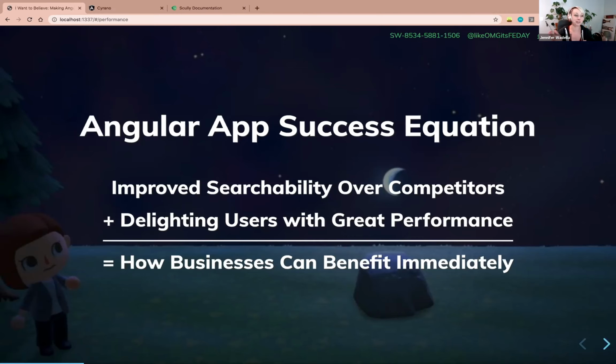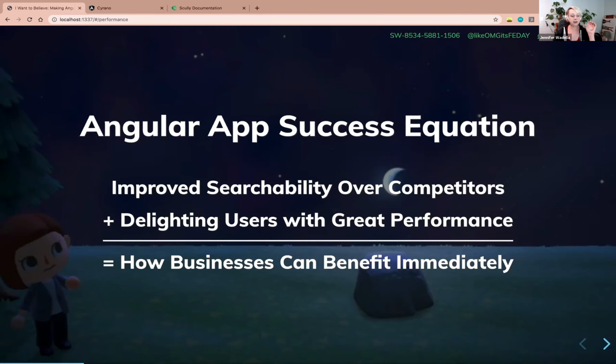That's what really matters. As long as you're able to serve your content to a user faster than one of your competitors might be able to in the browser, that's going to boost your search engine optimization and please your users as well. So when you start to talk about applying this in a business sense at your company, getting some funding or some budget behind making this shift to improving your Angular performance, it helps to relate to business people: hey, there's a real dollar amount attached here. There's a real way we can build more revenue for the company if you let us take the time to improve the performance of our application.